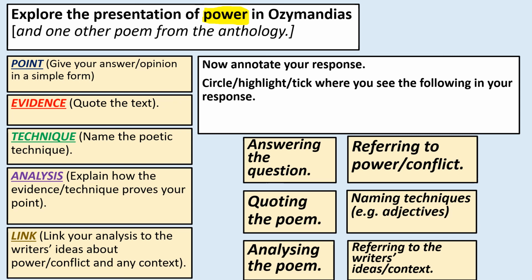I don't care how you spelt Ozymandias. I mean, it would be in the question, so try not to misspell it. But again, you won't lose marks for that. They don't care. As long as they can understand it and these skills are there, that is all they want to see. So you can circle them in your response. You can annotate them. So like draw a line and say, there's my point. There's me referring to power conflict. There's my quotation. Or you can tick them. Entirely up to you. But have a look through your response and just annotate where you see those skills.